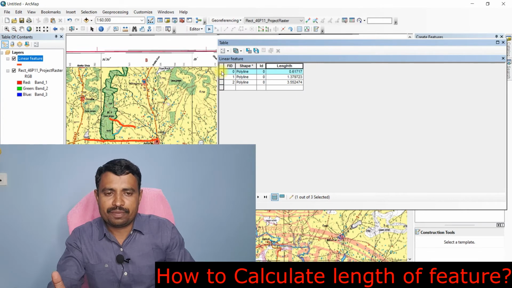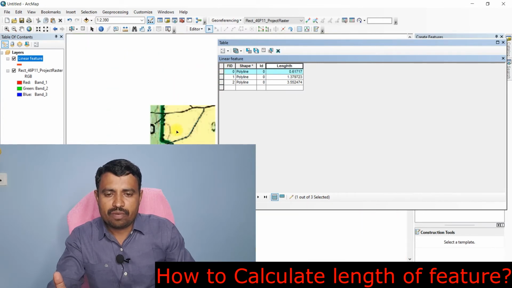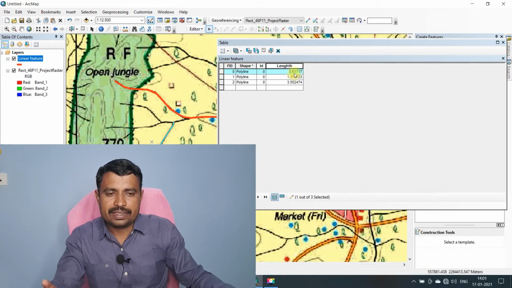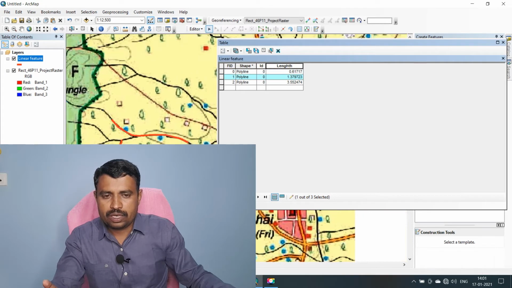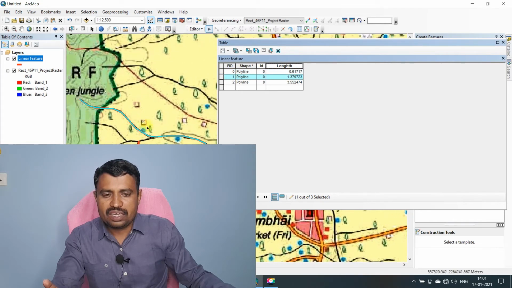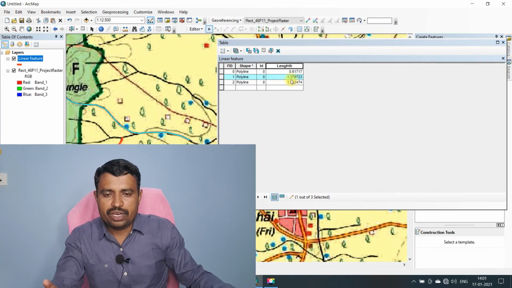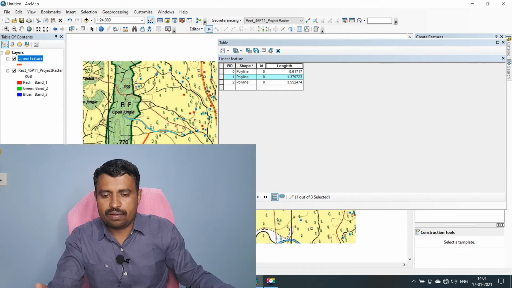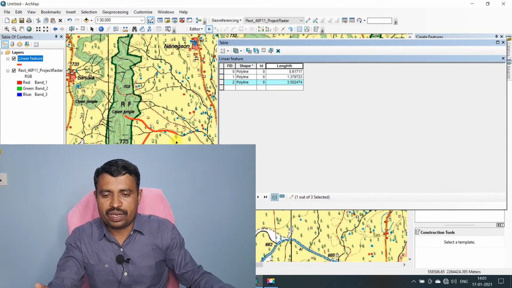So now you see, this is the first line, which is shown in the green color, having a length of 0.61 kilometer. Then the second, you see this one, this linear feature has a length of 1.37 kilometer, and we have the third polyline we have created.